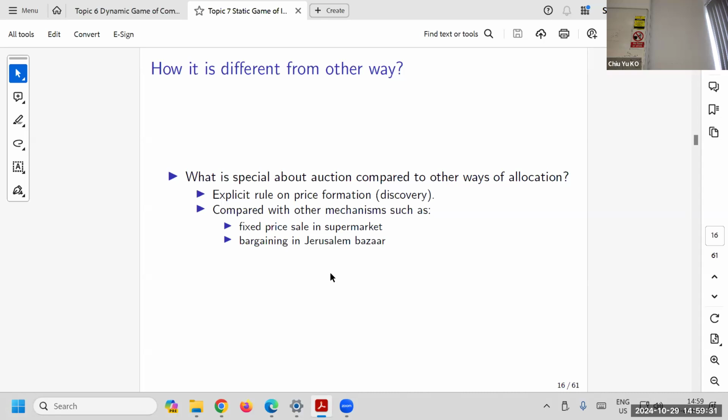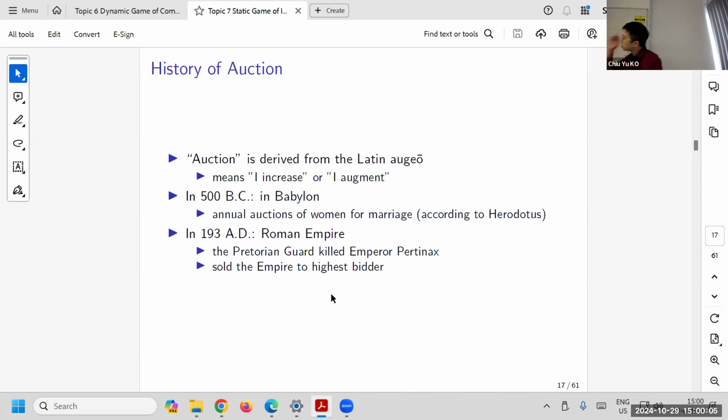We'll talk about the fixed price sales in the supermarket, right? No matter the demand and supply, the price is there, and you can come and buy at any quantity at the same price. Another one, if we have time, is bargaining. I think we have time in the makeup class, or once we finish everything. Bargaining, as I said, is the price proposed and counteroffer between two parties. And that can be modeled by subgame perfect equilibrium or cooperative game. So we'll talk about those.